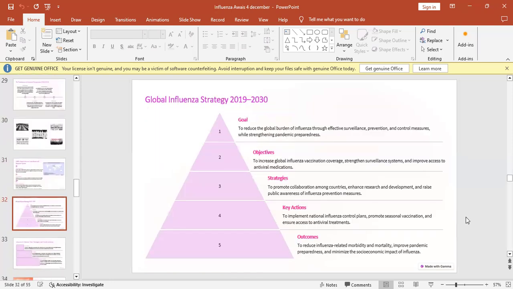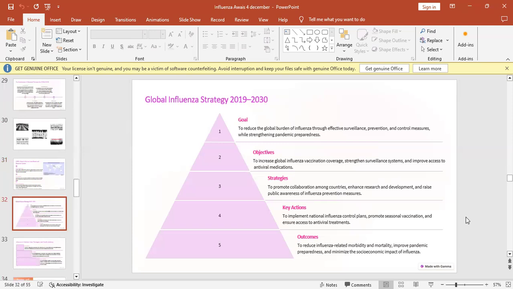Now, the Global Influenza Strategy 2019 to 2030. The goal is to reduce the global burden of influenza through effective surveillance, prevention, and control measures while strengthening pandemic preparedness. Its objective is to increase global influenza vaccination coverage, strengthen the surveillance system, and improve access to antiviral medications. The strategies include promoting collaboration among countries, enhancing research and development, and raising public awareness on